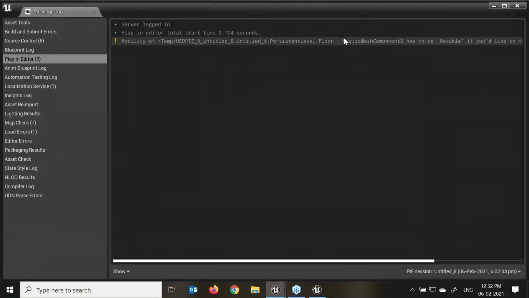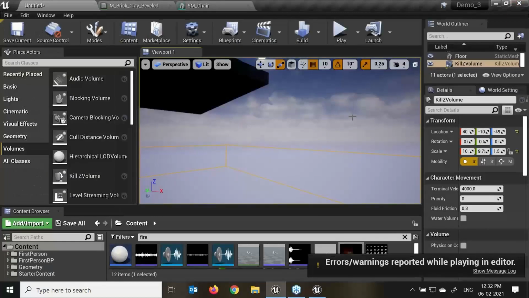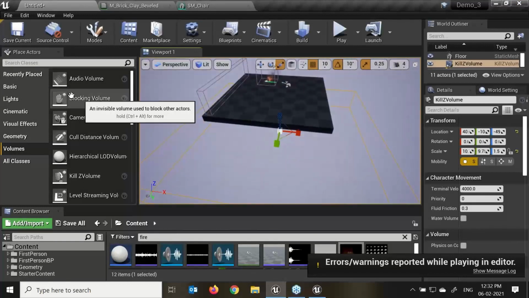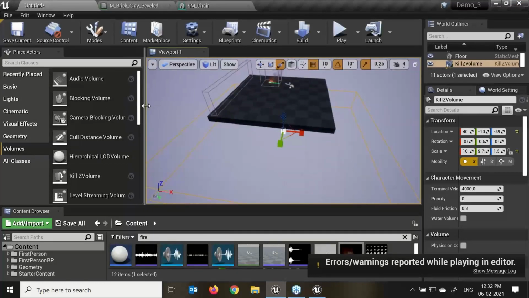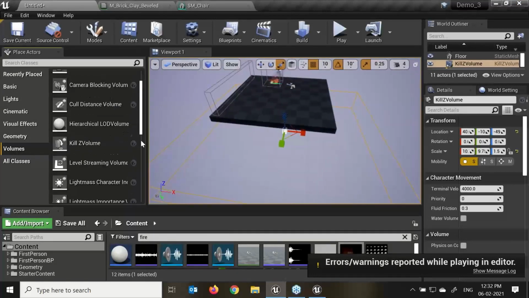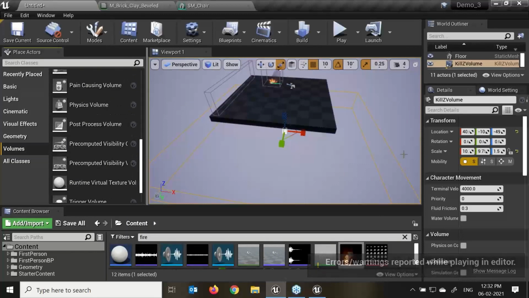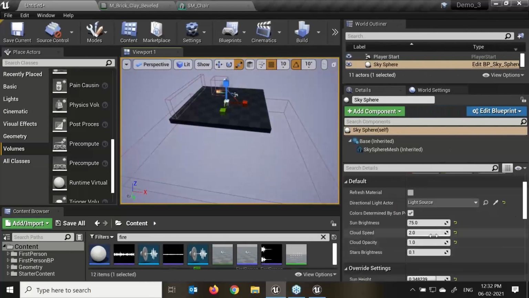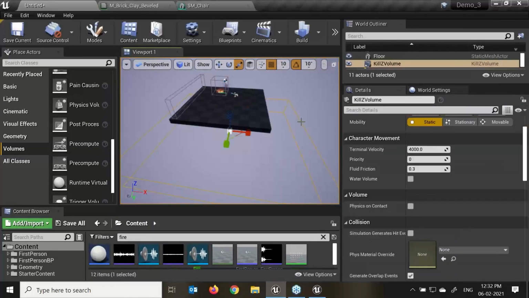So this is done with the help of this different trigger or volume, right? Again, first we need to understand these different actors. There are multiple and various options for the volume that we need to understand first. Into the volume, again we have different properties, like refresh material. I'll select this object over here.